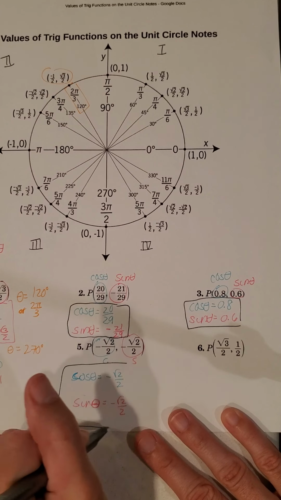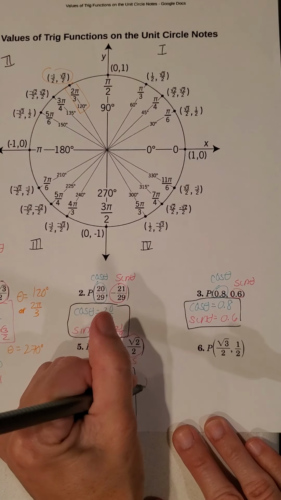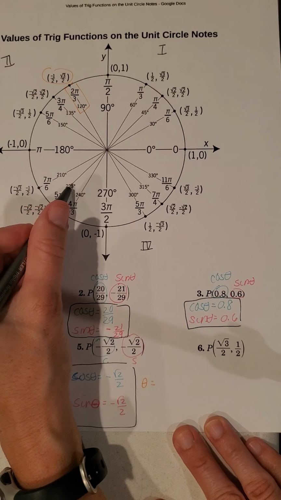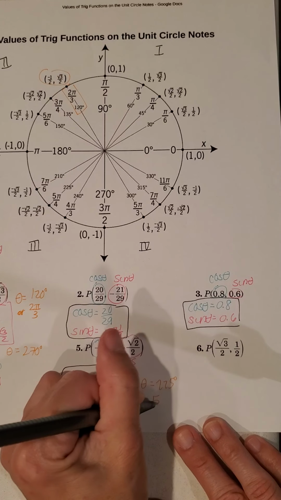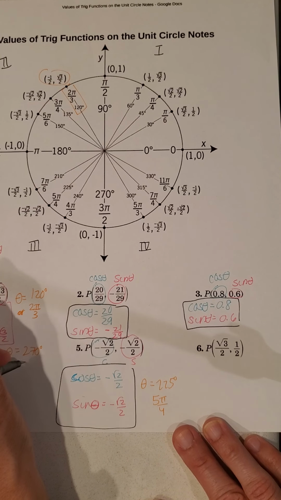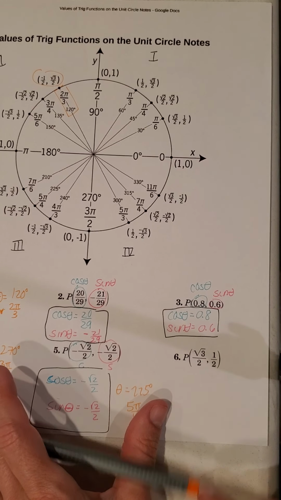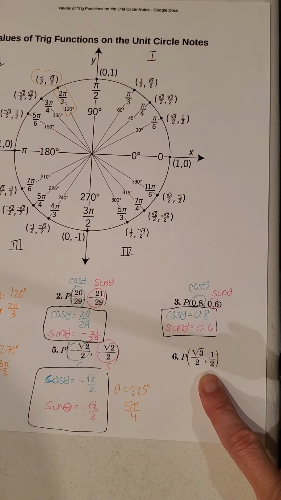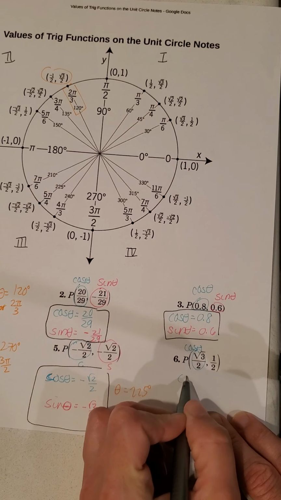For this particular assignment, you don't have to find the angle. The reason I'm showing you how to find the angle is that you do have an assignment where you do have to do that. And so that's just showing you how to do it if you have to. I see that it's 225. And so I can write that, or it's also 5 pi over 4. That's less important to me than that you recognize that cosine is x. So I write